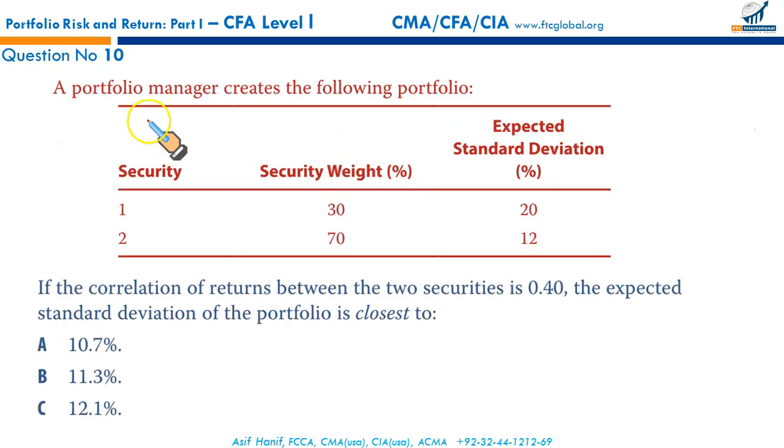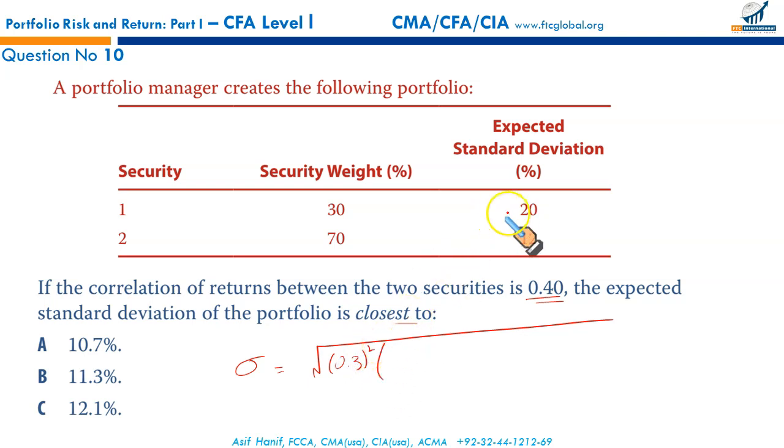Next. A portfolio manager creates the following portfolios with security 1 and 2 with the weight being 30 and 70 and expected standard deviation 20 and 12%. If the correlation of return between the two securities is 0.4, the expected standard deviation of the portfolio is closest to. We know the formula. The expected standard deviation of the portfolio is equal to square root of the weight of the first security, 0.3 squared, times square of the standard deviation of the first security plus weight squared